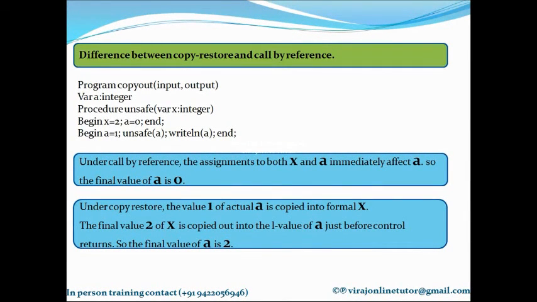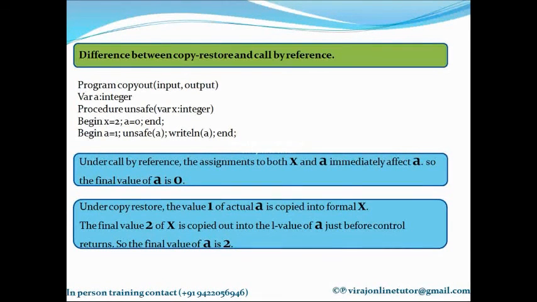So in call by value, I just pass the R value of A to X. Whatever changes I do to X inside this function definition are not at all reflected outside. So even though I made X equal to 2, the value of A, which was 1 here, was not made 2. But since I made A equal to 0 and A was global, if I print A, it's going to be 0, because A is global. It was not passed to this function.